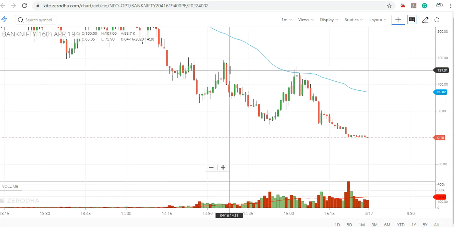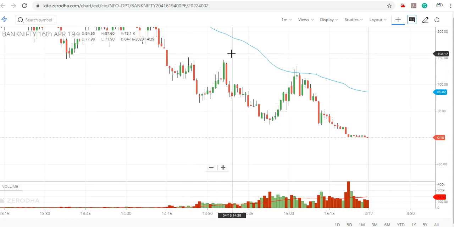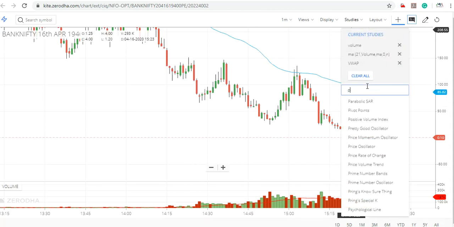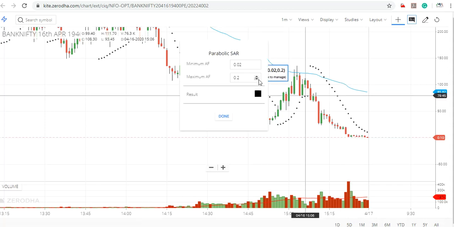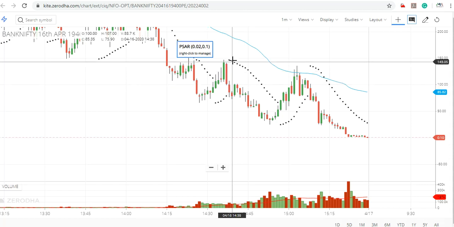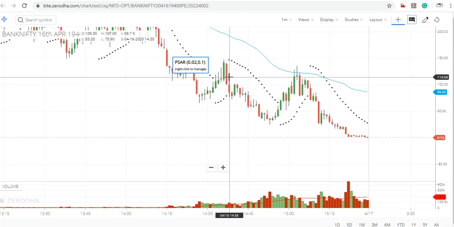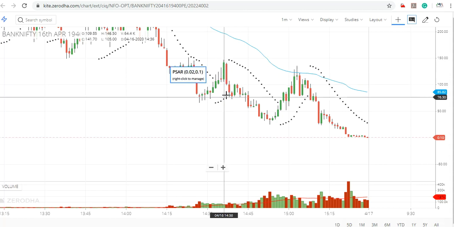Okay, 1:1, 1:2, 1:3, 1:4 ratios will work. Wherever you want to exit, or if you want you can add parabolic SAR. One of my students recommended adding parabolic SAR with settings 0.02 and 0.1. When parabolic SAR is triggered and gives a sell signal, you can exit. When it is in a bigger range it will work. If it is a smaller range it may not work. I don't know, please check.